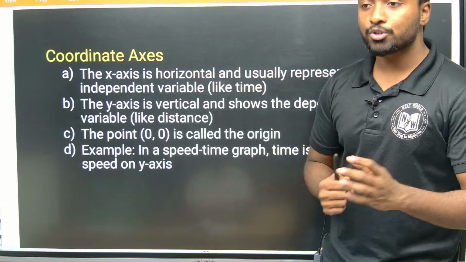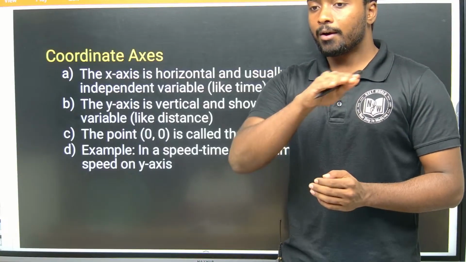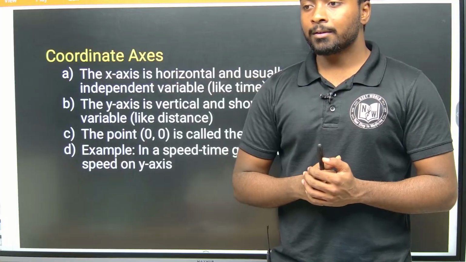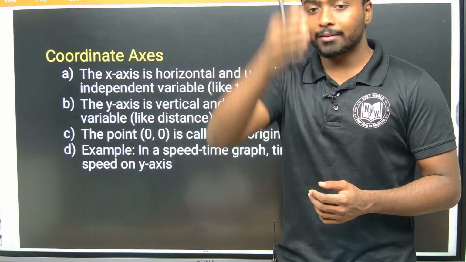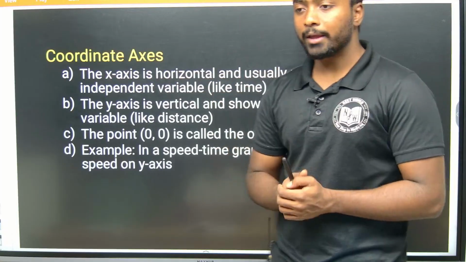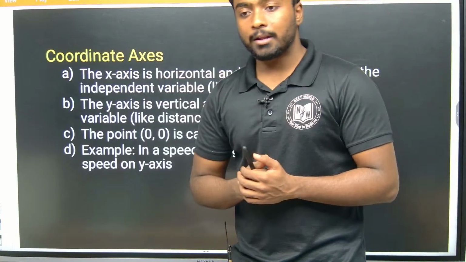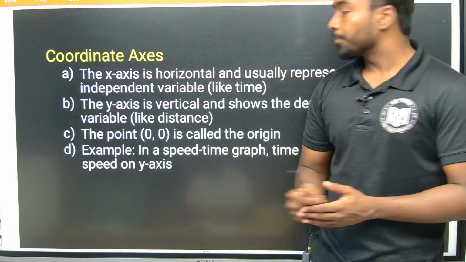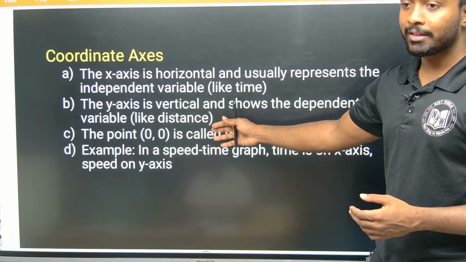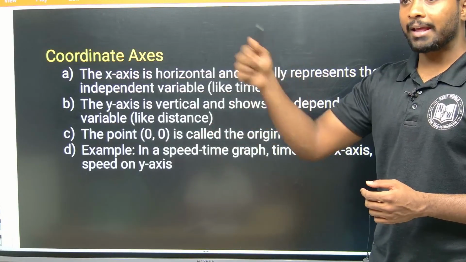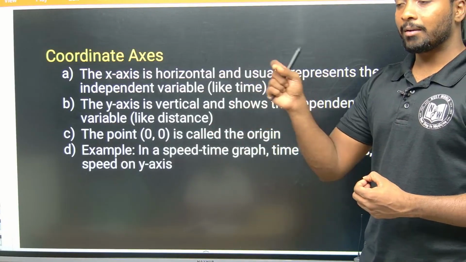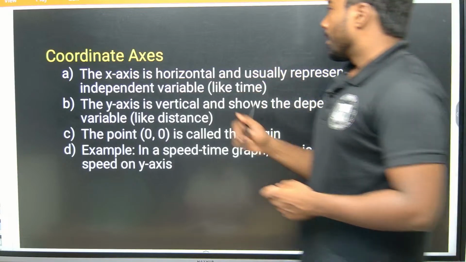This thing you should keep in mind. Horizontal is the x axis, vertical is the y axis. The x axis is always independent, the y axis is dependent. Dependent means distance, so distance will depend upon the time. How much time, if I take x equals